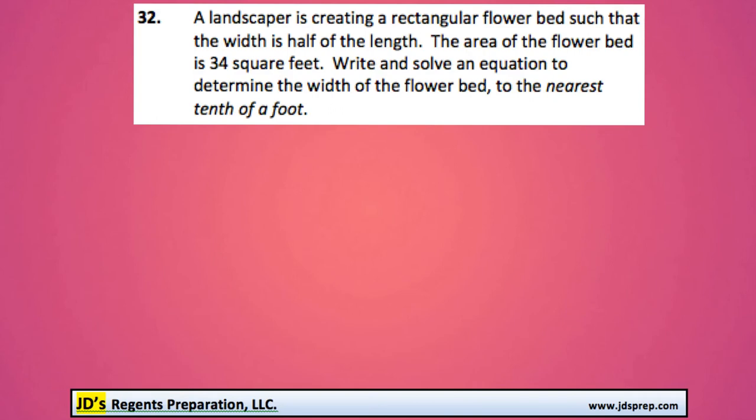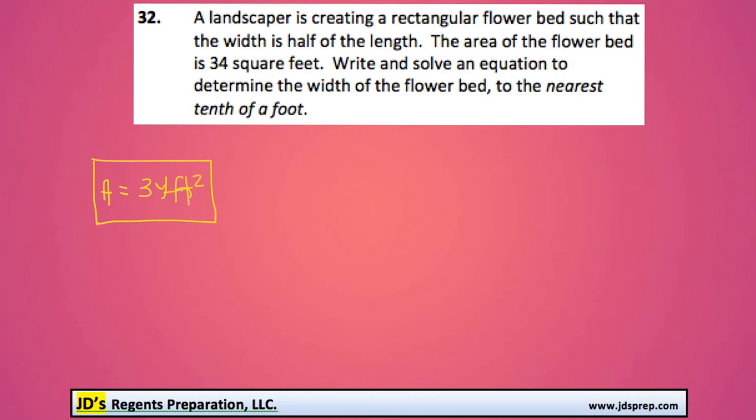This is problem number 32 from the June 2015 Algebra Regents exam. We've got a landscaper that's making a rectangular flower bed so that the width is half the length, and the area is 34 square feet. It might help to just visualize this, so I'm going to draw it out here. So we know the total area is 34 feet squared,